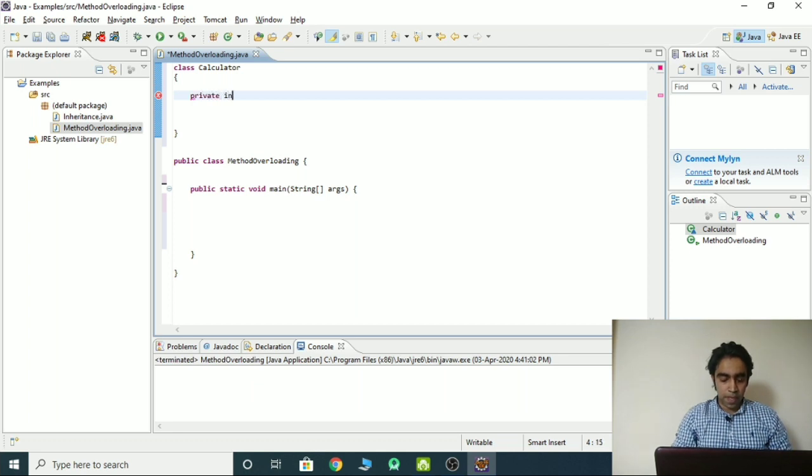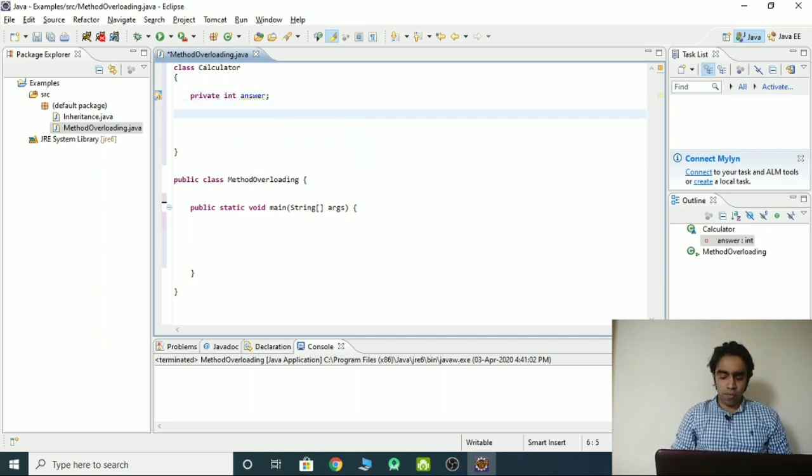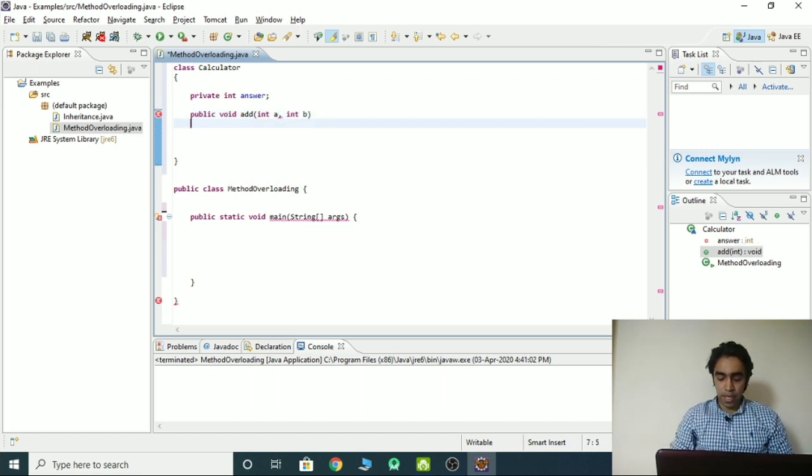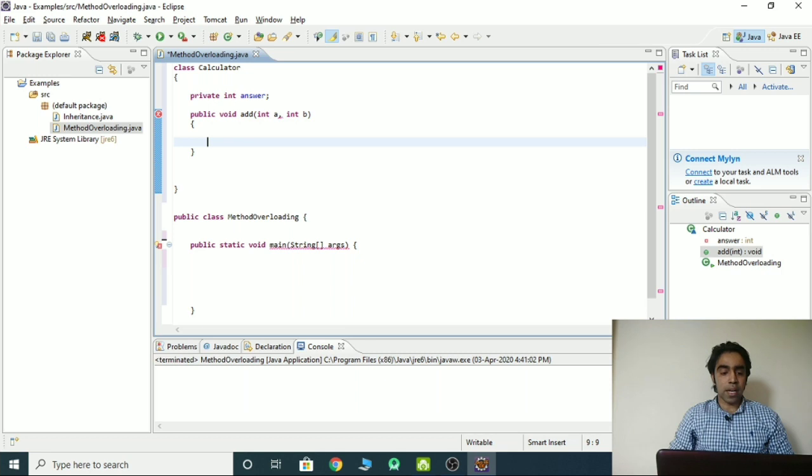Private integer answer, and rest functions, public void add. It is containing integer a comma integer b. Right now we have created a class calculator. We have created one instance variable which is answer, and we have created one method which is add.